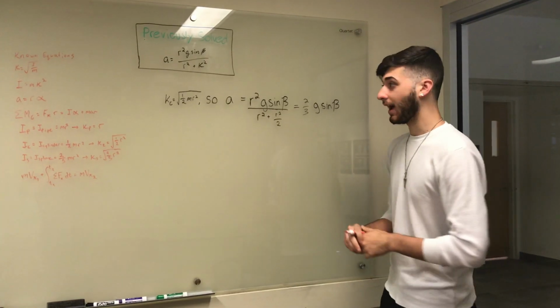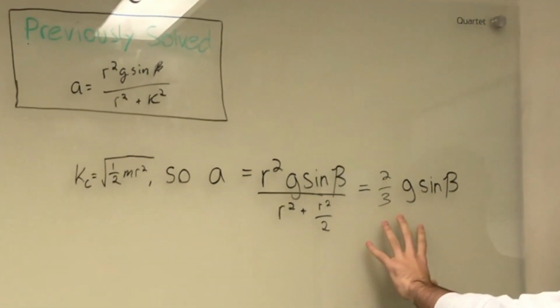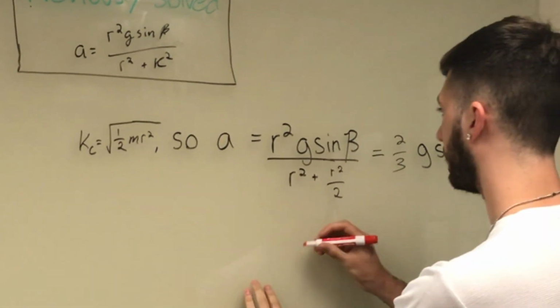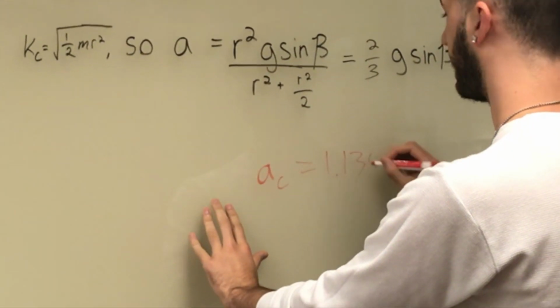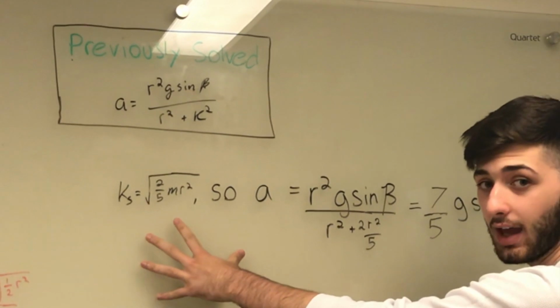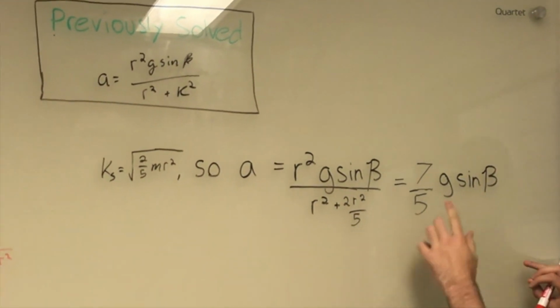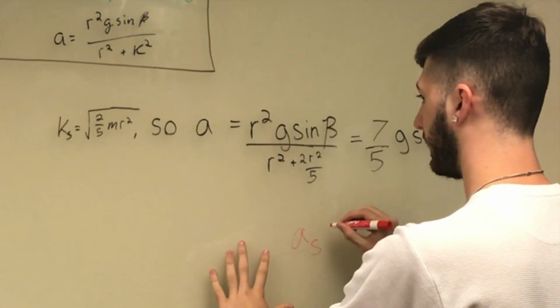Alright, so once again, we have the same process but a different k value. So substituting that in once again, we'll be left with 2/3 g sine beta, and our final acceleration of the cylinder will be equal to 1.1357. So once again, we'll be working with the same equation. Instead, we're subbing in the k value for the sphere, which will give us 7/5 g sine beta, and therefore the acceleration of the sphere will be equal to